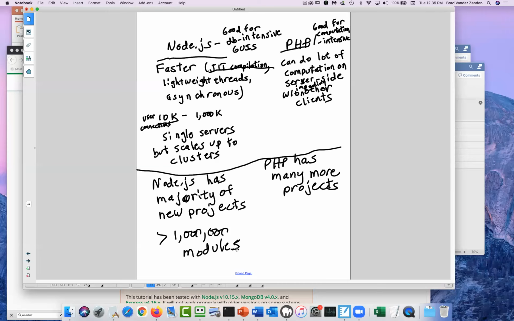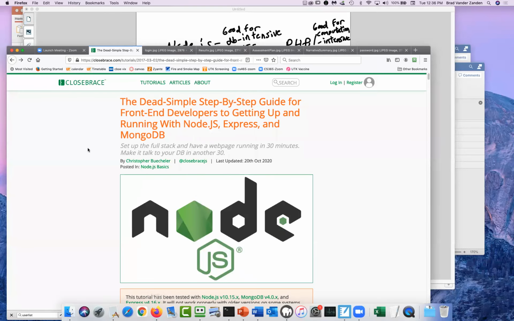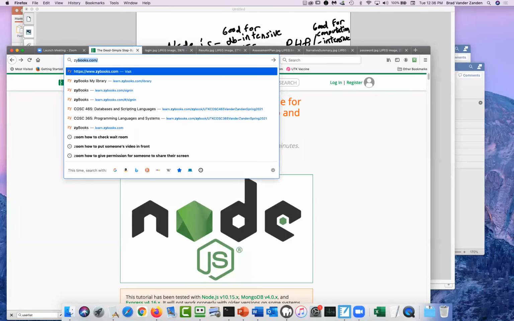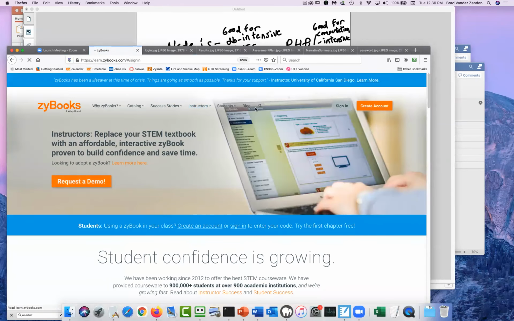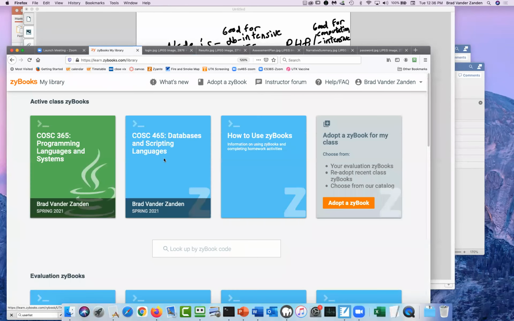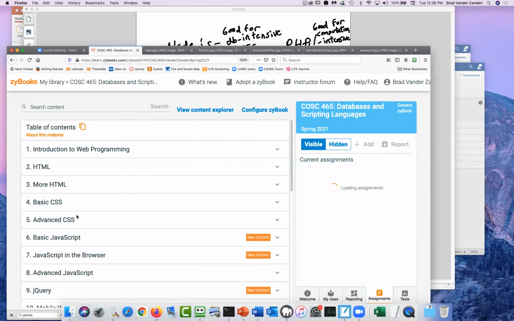And then people talk about, well, you only have to use JavaScript, you don't have to use PHP, but if you dig into Node.js, you have to learn a bunch of syntax anyhow. Like you have to learn the syntax associated with whatever view template engine you're using, like Pug or EJS. And if you look at the books, Zybook, so if we look at, let's look at Pug for a moment.